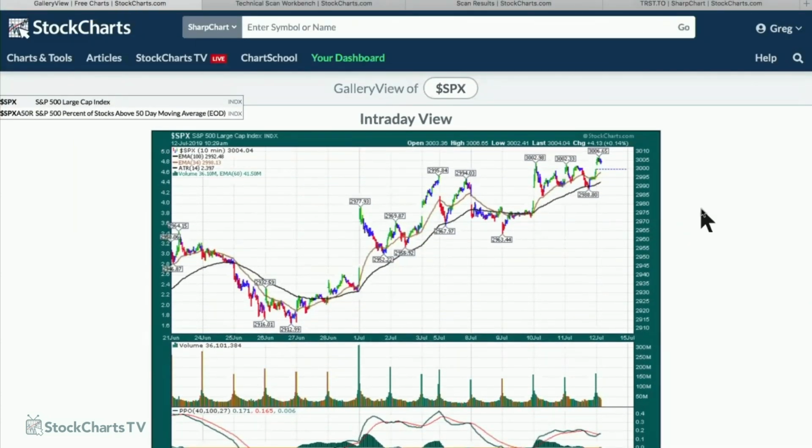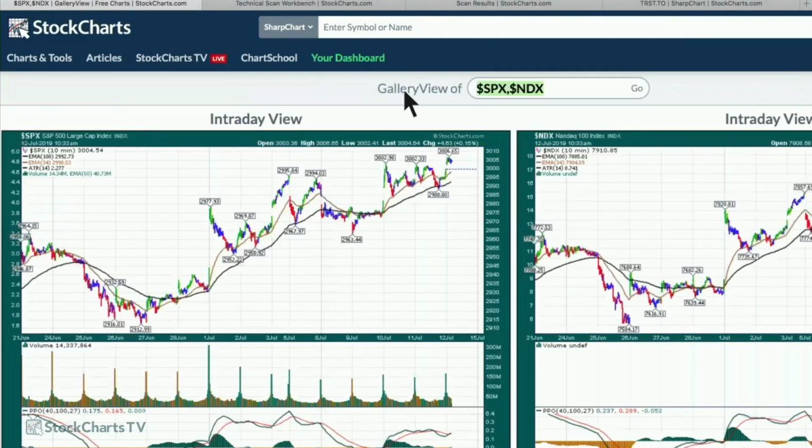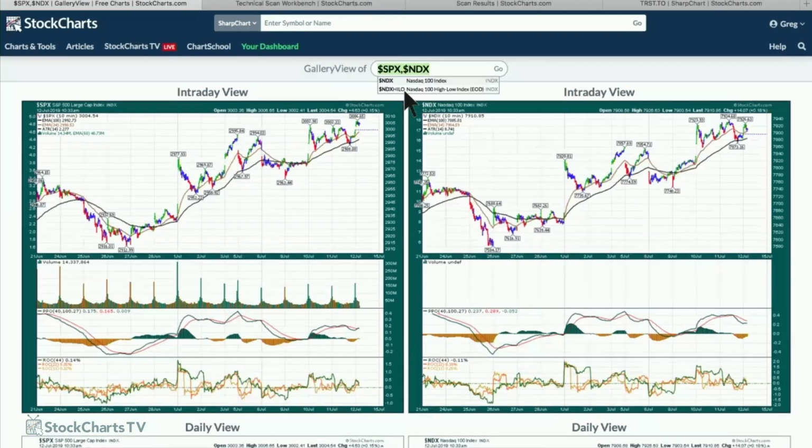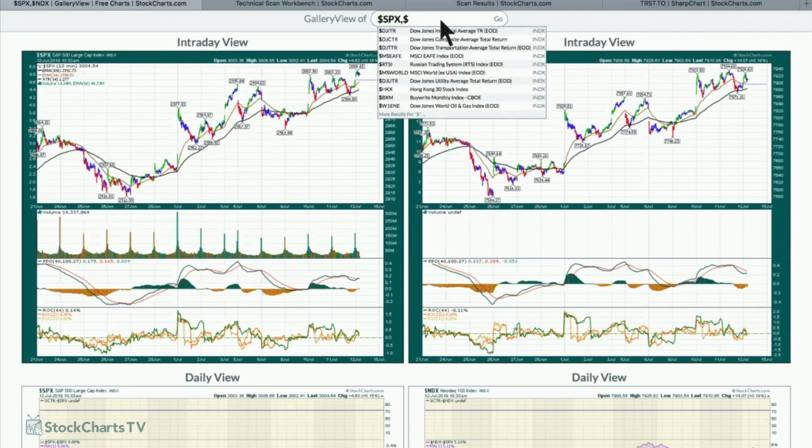Okay, so I'm going to jump in first of all and just look at the gallery of the S&P 500 here, and I can add a comma and I can put in $NDX. Now this shrinks the screen a little bit to get them both to fit. So one of the things I just want to make sure of is that they're moving in tandem. And if we put up the Russell just to show the difference,